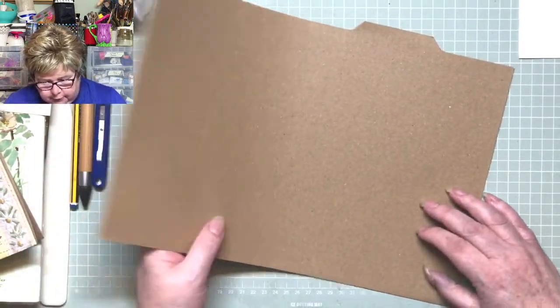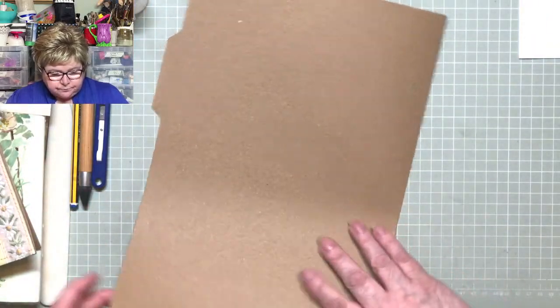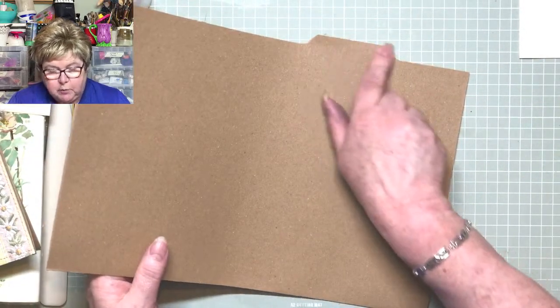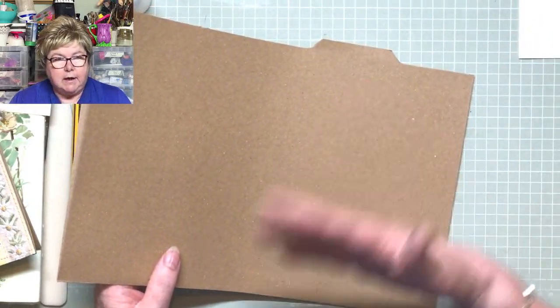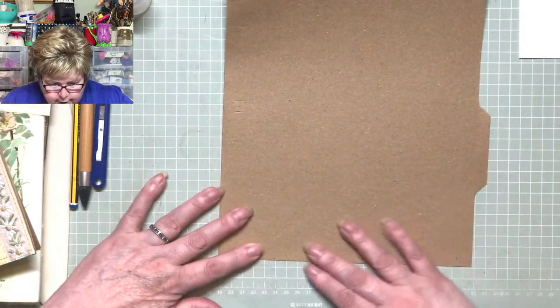Anyway, here's our file folder, and we're going to fold it. I've seen a lot of people, I watched Angela Kerr the other day, and she was doing an altered file folder, and she folded hers up like that and then in. We don't want any of that business. What we are going to do is fold it this way. Now, it doesn't really matter where your tag is. It doesn't matter if it's right over on the left, right over on the right, in the middle. It's not going to affect anything very much. But keep that edge as straight as you can